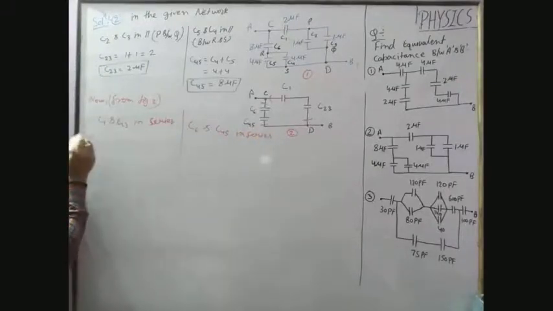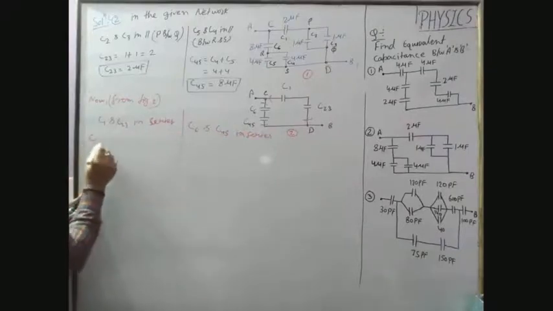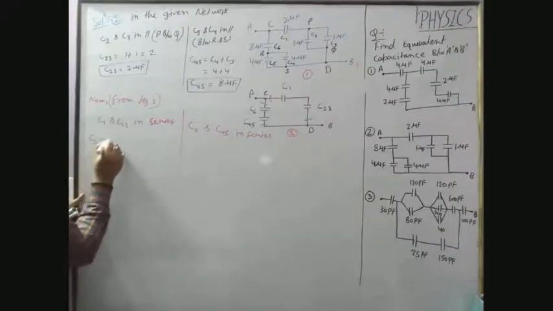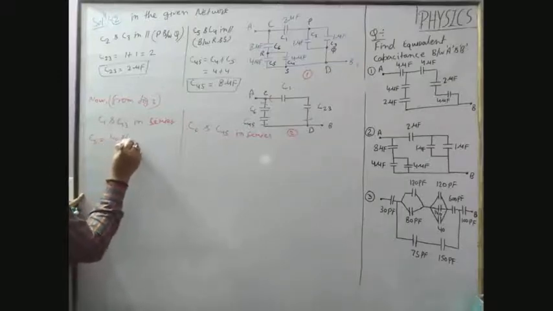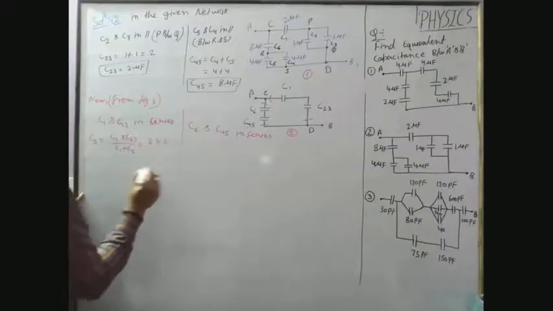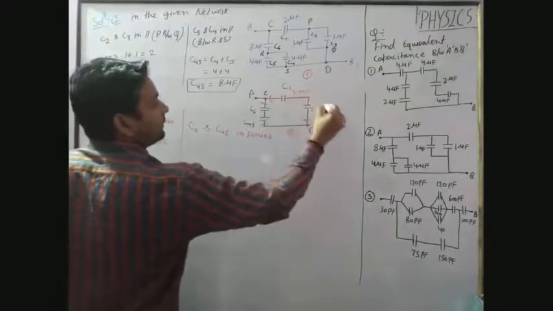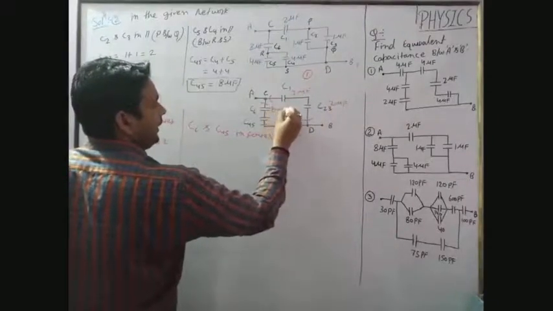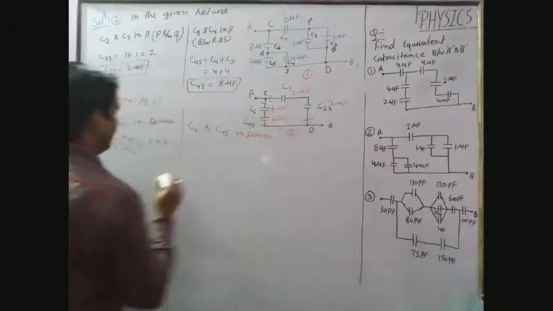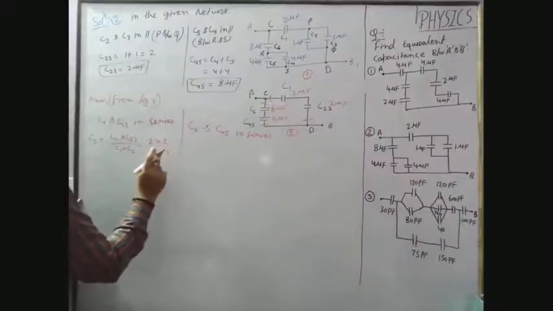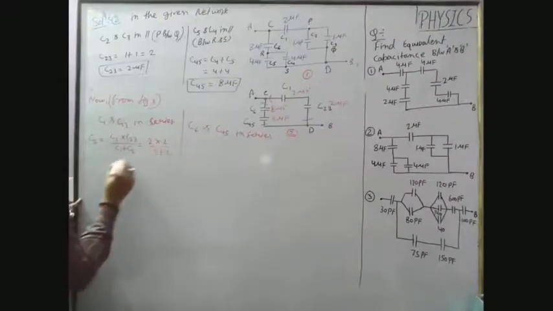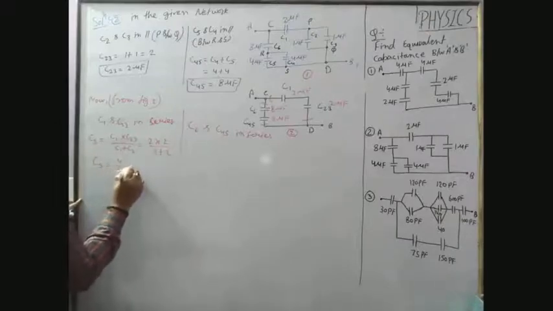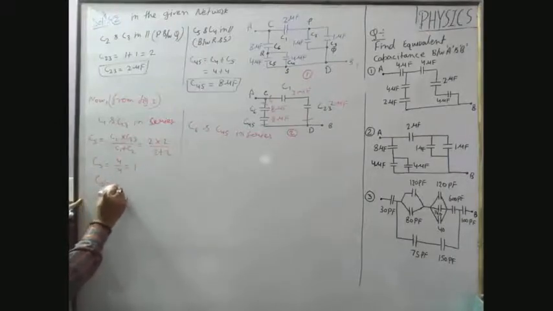we can calculate it as CS, which is C1 into C23 upon C1 plus C23. Here we have 2 microfarad, this is again 2 microfarad. Here is 8 microfarad, and this value is also 8 microfarad. So this is 2 into 2 upon 2 plus 2. This we calculate as CS is equal to 4 by 4, that is 1. So CS is equal to 1